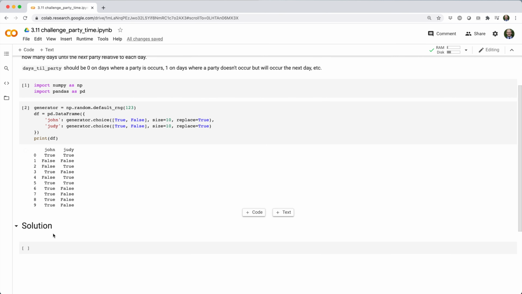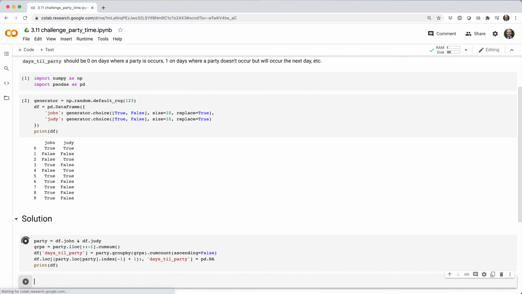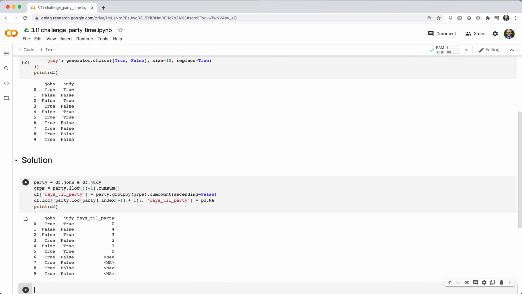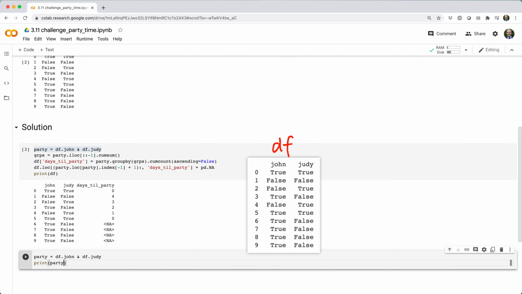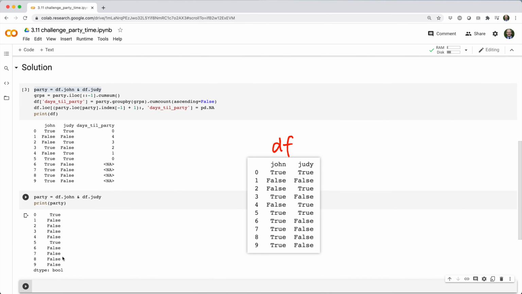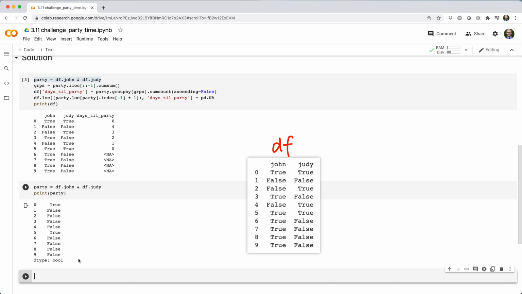Here's the solution I came up with. Let's break it down. The first step is to build a series that indicates whether each day is a party. Next, I reverse the series